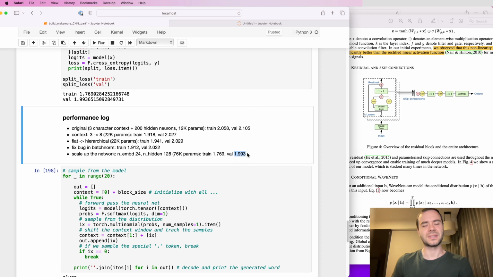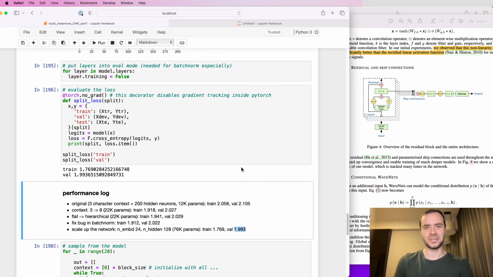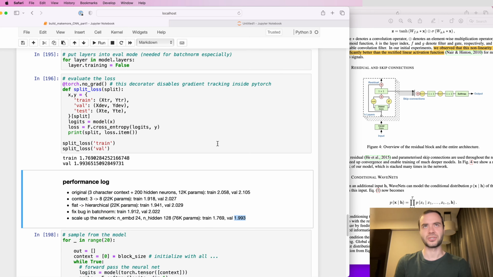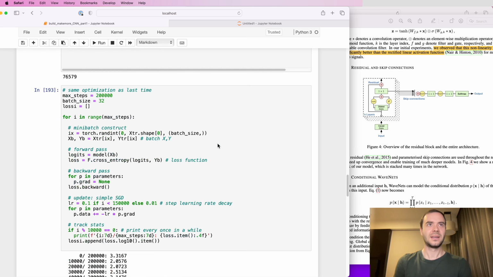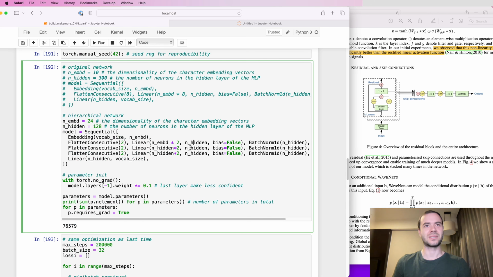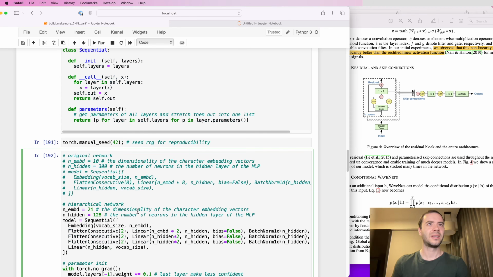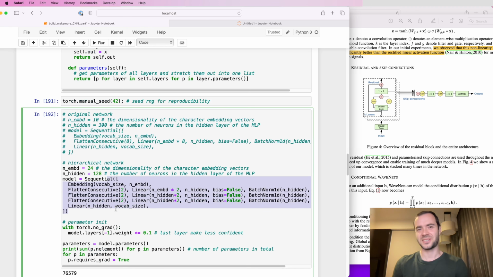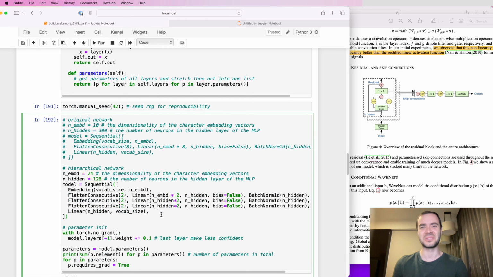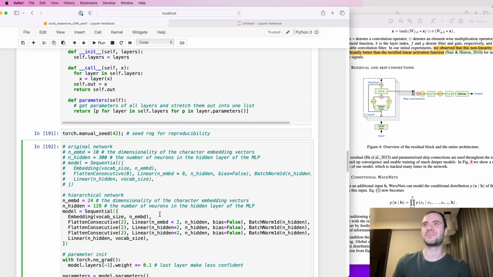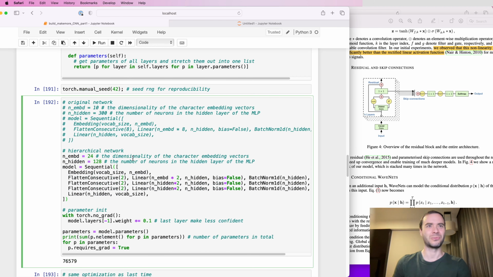Sorry, I forgot to say that if you are interested, I think it is kind of interesting to try to beat this number, 1.993, because I really haven't tried a lot of experimentation here, and there's quite a bit of low-hanging fruit potentially to still push this further. So I haven't tried any other ways of allocating these channels in this neural net. Maybe the number of dimensions for the embedding is all wrong. Maybe it's possible to actually take the original network with just one hidden layer and make it big enough and actually beat my fancy hierarchical network. It's not obvious. That would be kind of embarrassing if this did not do better,